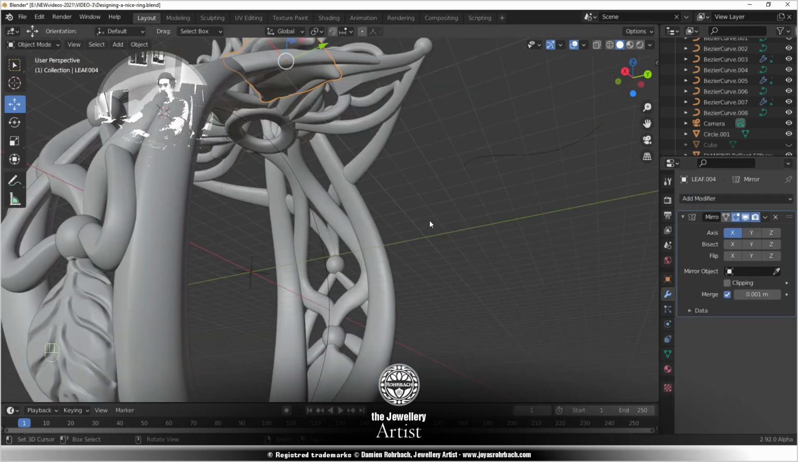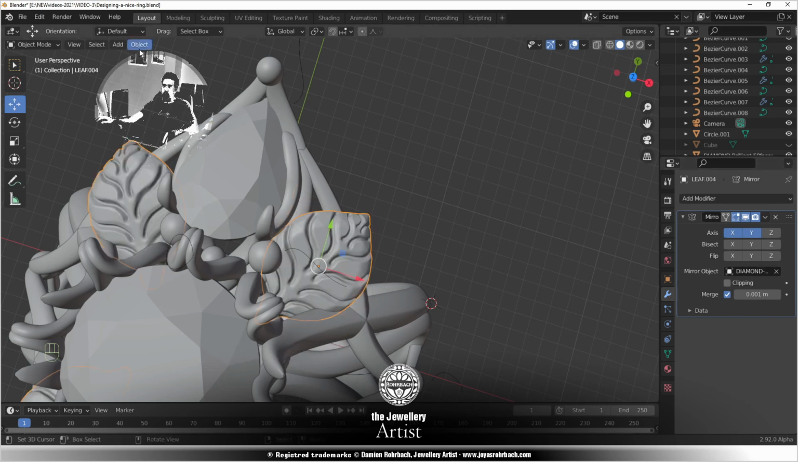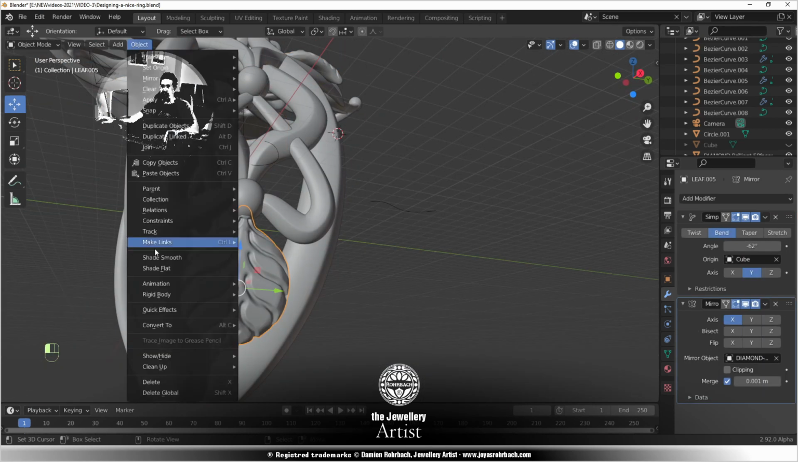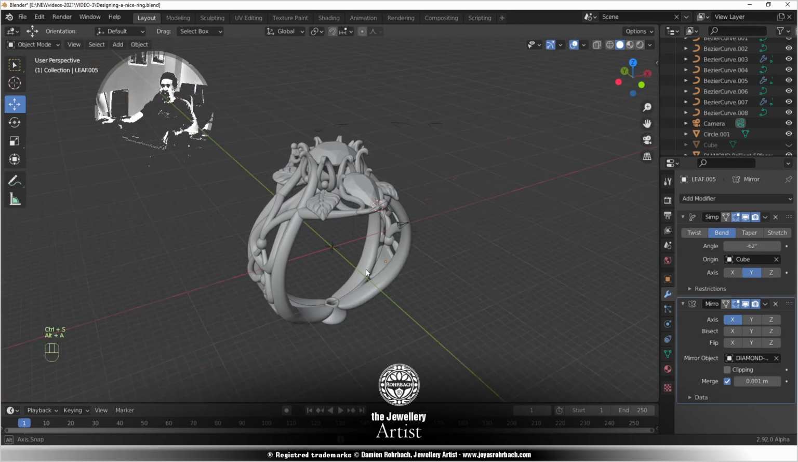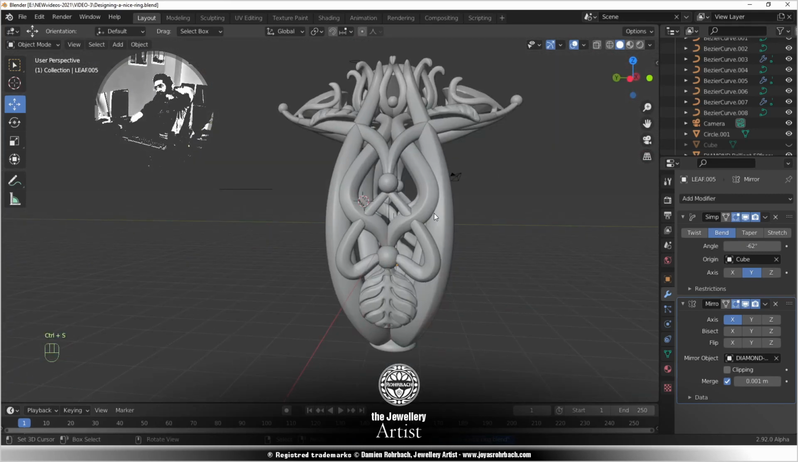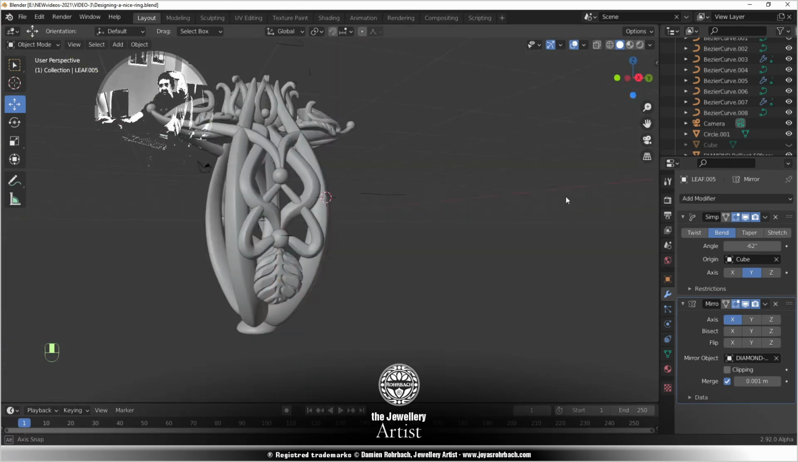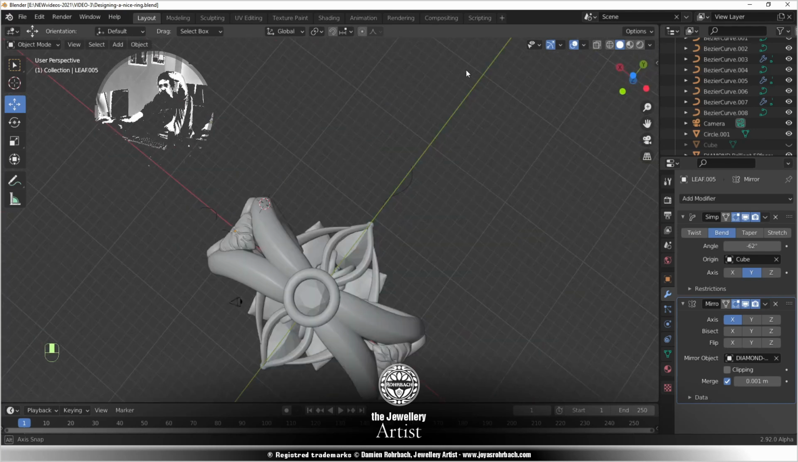So mirror, XY from the central stone. Let's have a look here. Here we go. Don't forget to put shade smooth again here also after dynamic topology. Okay, perfect. It's a bit similar to a design I made last year that I really loved, but I find this new variant is also very attractive,